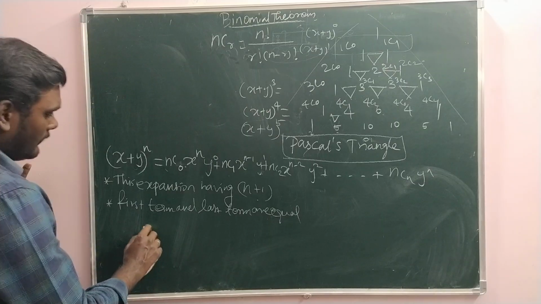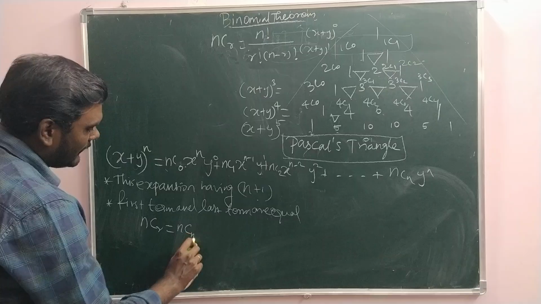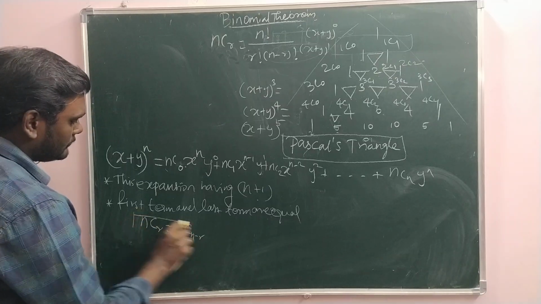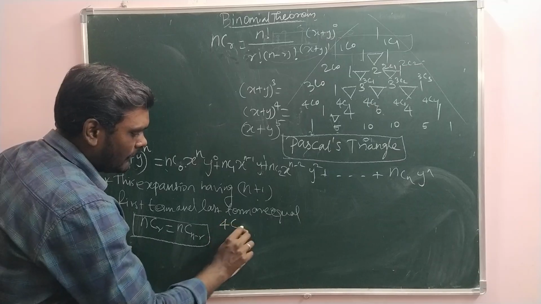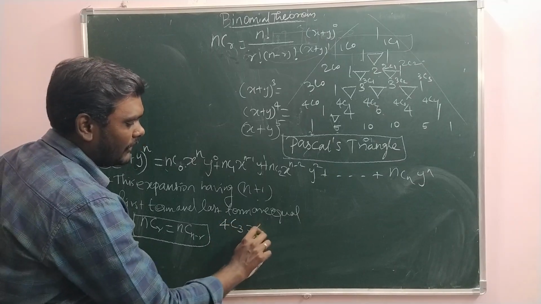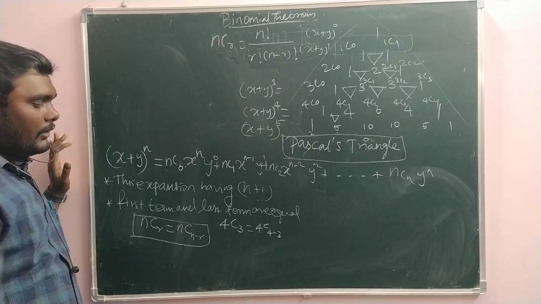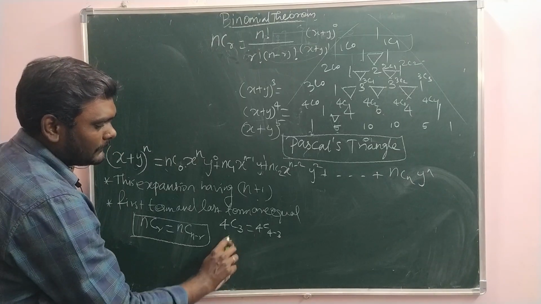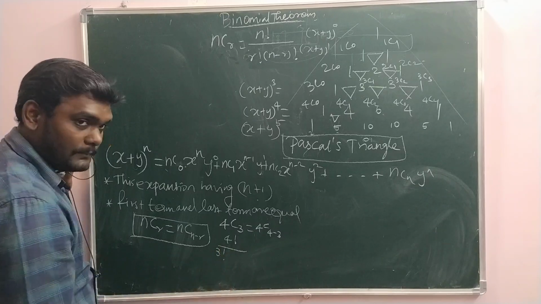Why? Because we have the formula nCr is equal to nC(n minus r). See, this 4C3 will be equal to 4C(4 minus 3). You calculate 4C3, it will be 4 factorial by